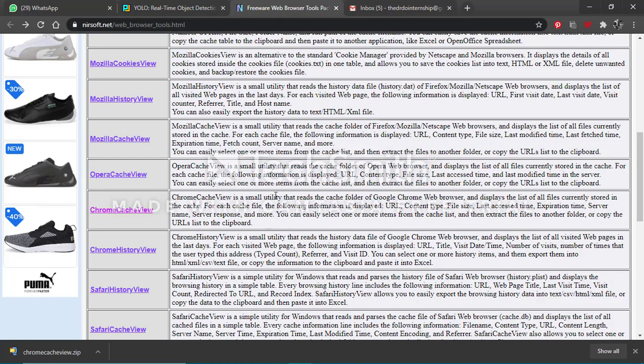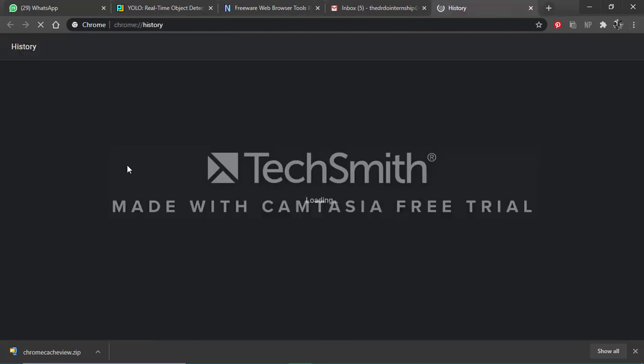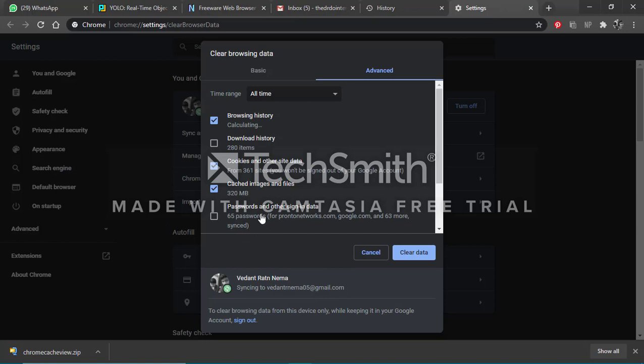Again, some people have doubts about why Chrome consumes a lot of RAM on their system. So let's move to the history section of our browser, and here we see we have 320 megabytes of images and files that are being cached by the browser.